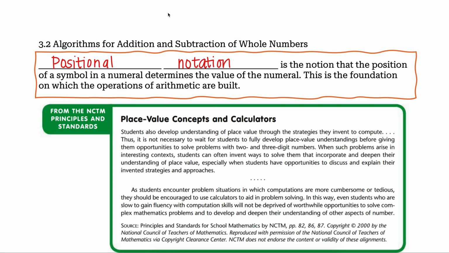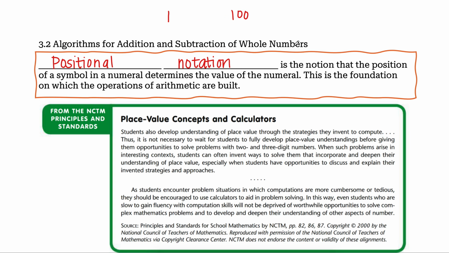So for instance, if I have just a single 1, it means 1. But if I put that 1 in a different place value, now it represents 100. Okay, so its position determines its value. And that can be a big deal for some students to comprehend because the 1 is not changing, it's just